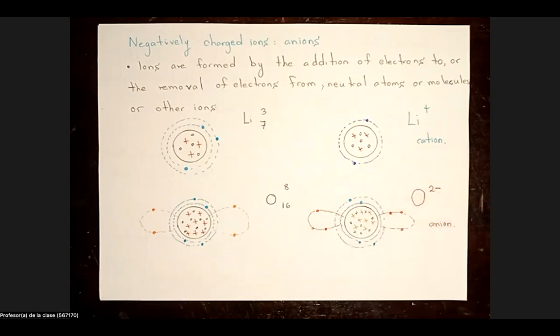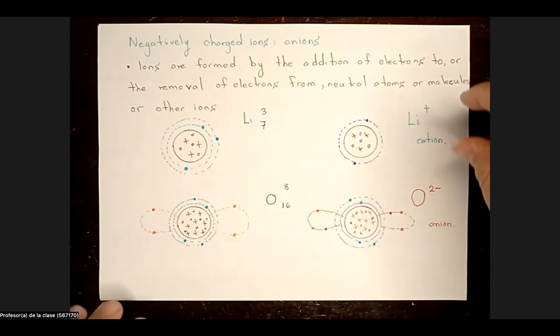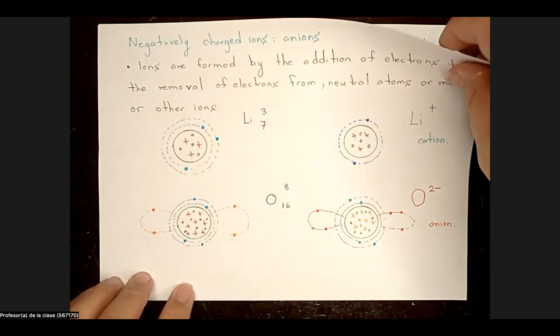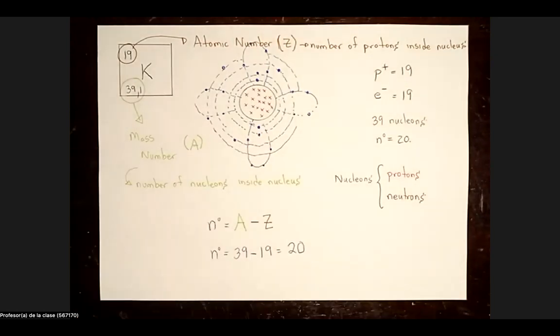So 8 protons, 8 neutrons, and we'll have 10 electrons on this negative oxygen ion. Very good. So it's clear that we need to add or remove electrons